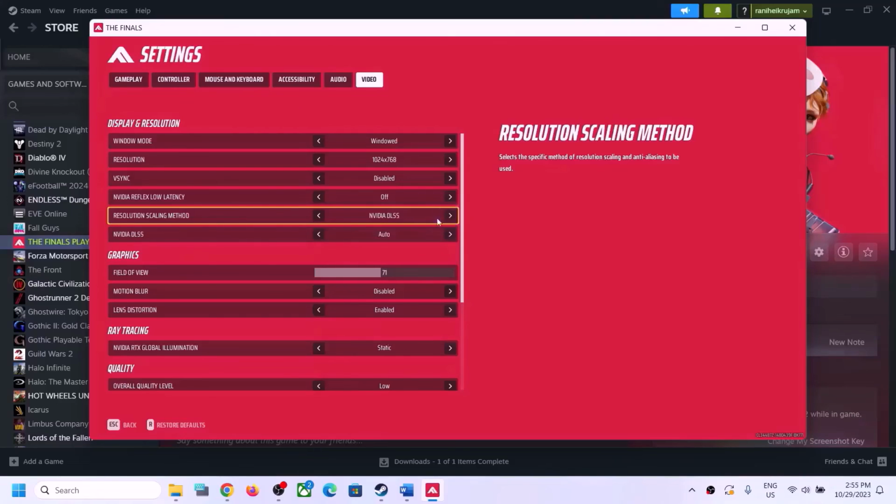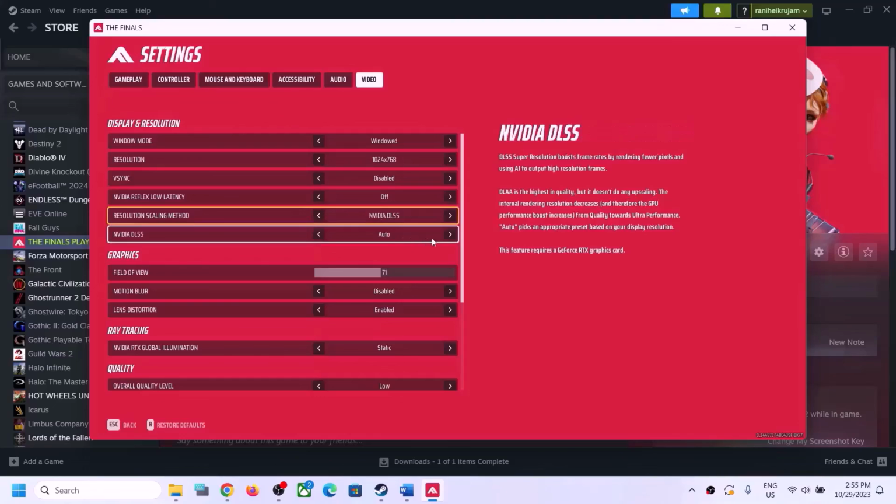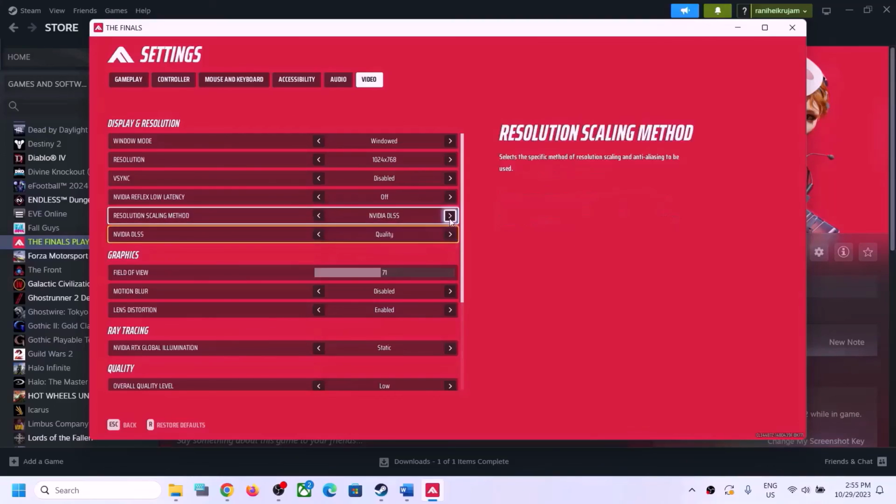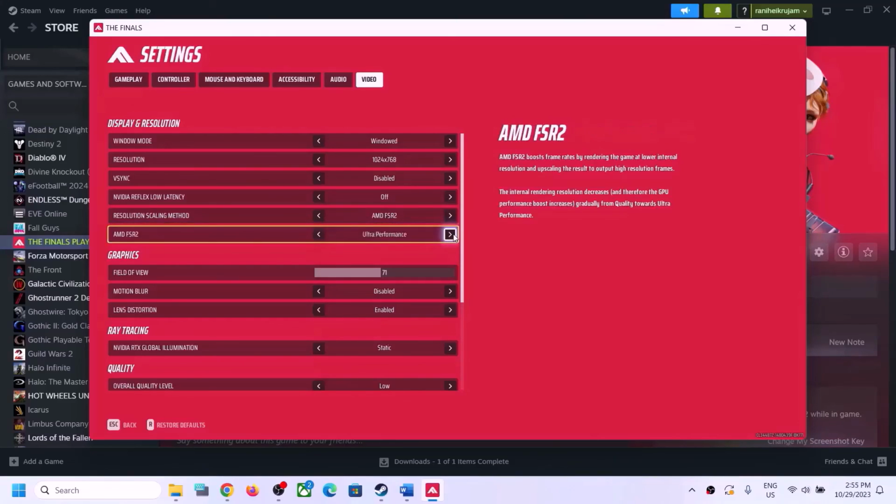If you are unable to turn it off, you can select NVIDIA DLSS, or if that is giving you a problem, then you can select AMD FSR2. When you are selecting NVIDIA DLSS, you can select quality over here. And same goes for AMD FSR2. If you're selecting AMD FSR2, select quality,